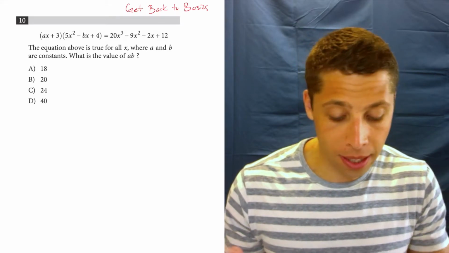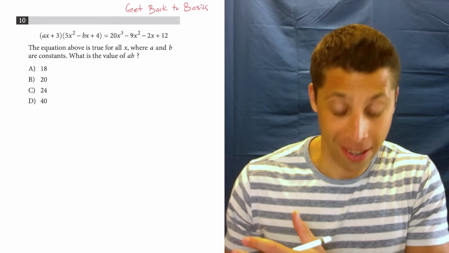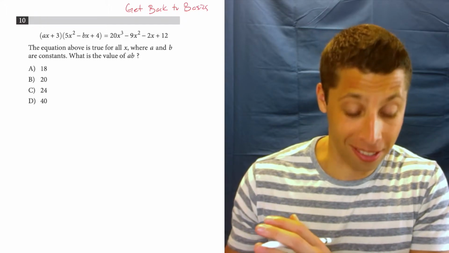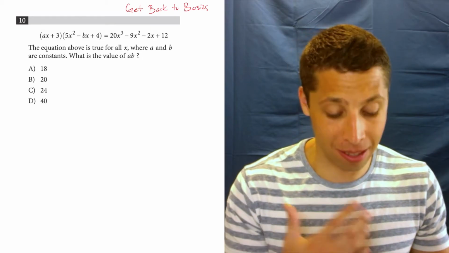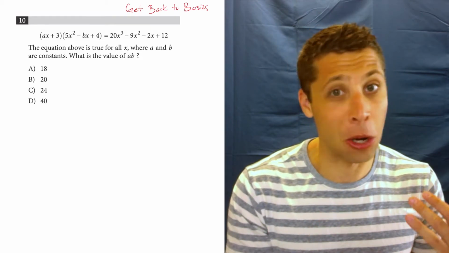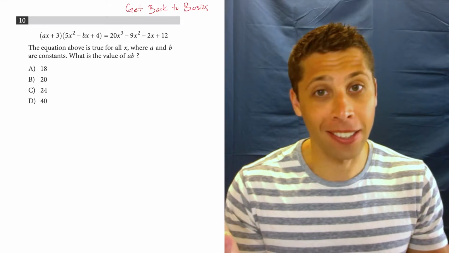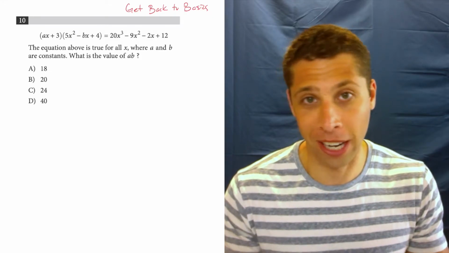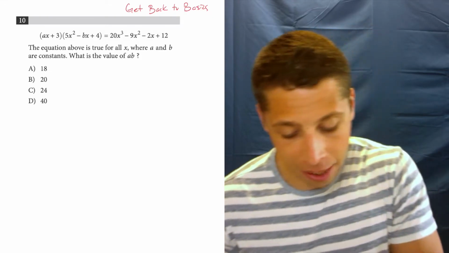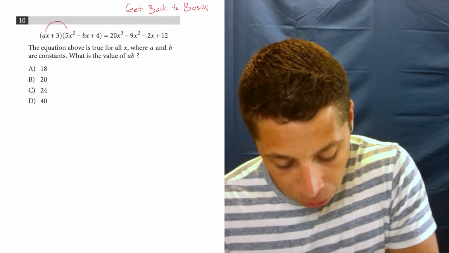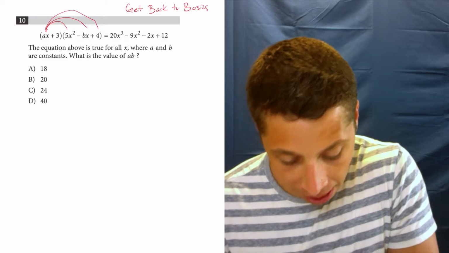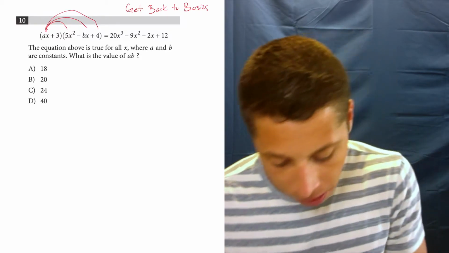And so I see that the left side has got the parentheses and the right side doesn't. Now, I can't factor the right side because it's a cube and it's going to be annoying. And honestly, I'd much rather FOIL than factor anyway. So I'm going to FOIL this by distributing. This is tough. We got to keep track of everything. So first I multiply AX times all the parts. So that's going to be